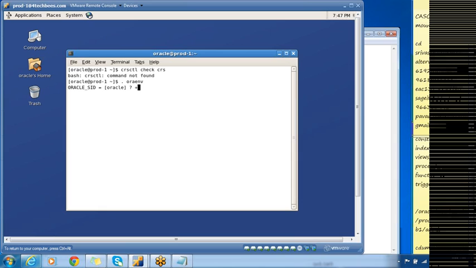So these are the four processes. You need to check whether they are up and running or not. These are the first four processes which will be started as part of the cluster. To check whether they are online or not, we'll be using the command crsctl check crs.